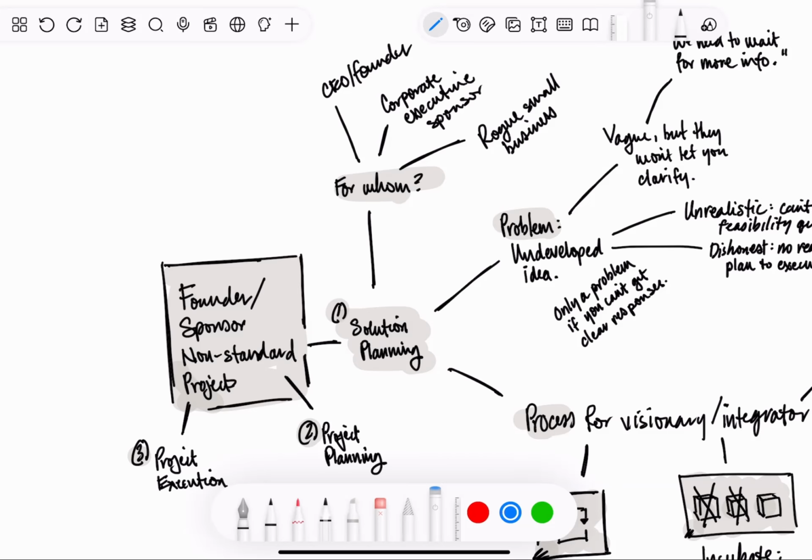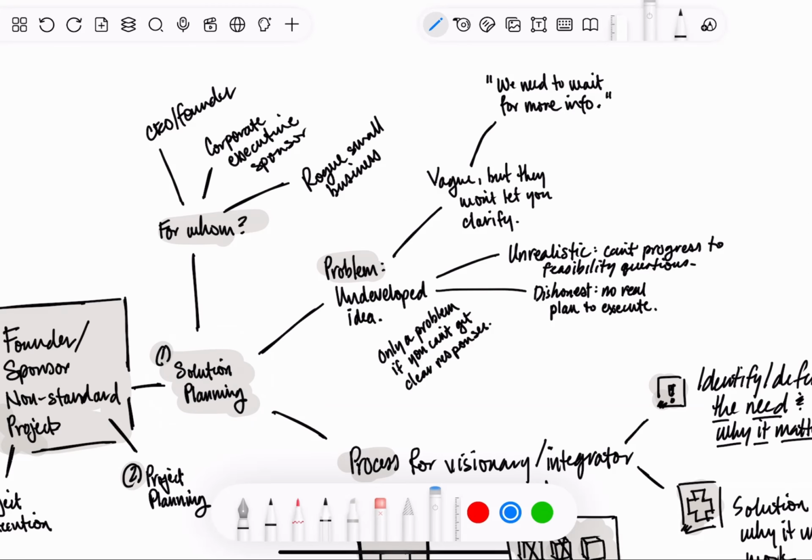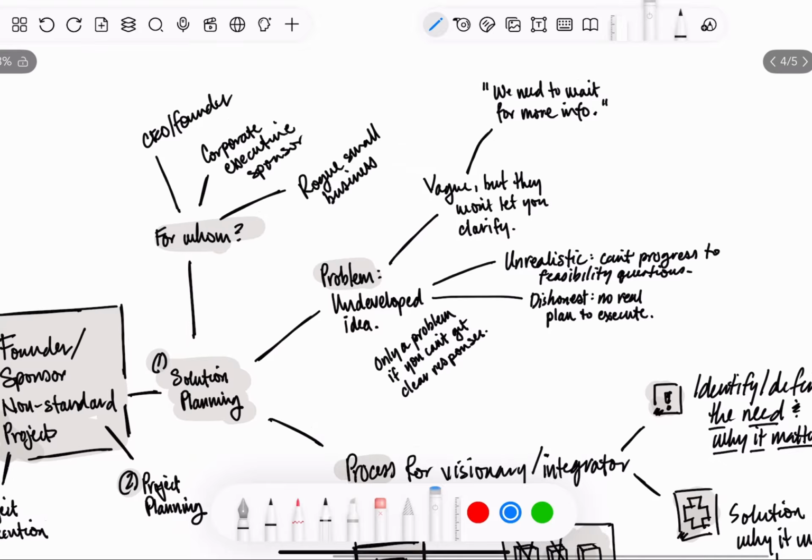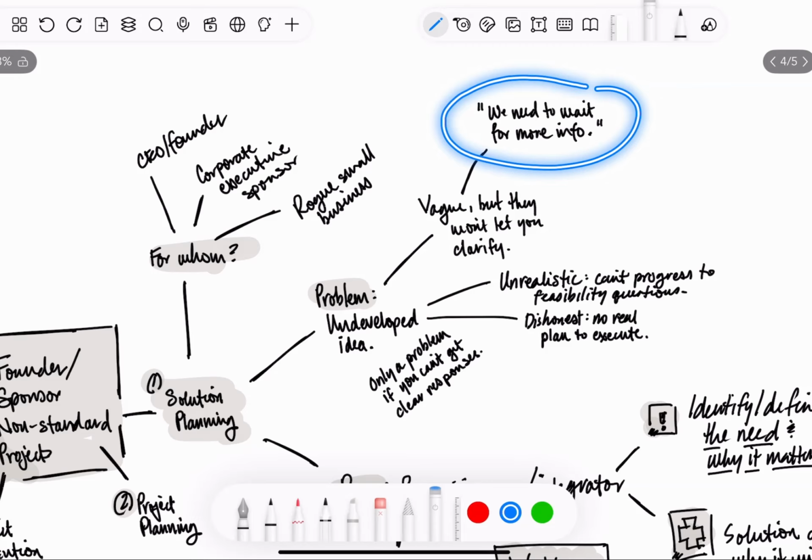But a lot of times the problem is an undeveloped or underdeveloped idea. What that means is it's either vague, something they won't tell you or can't clarify, or just can't get an answer to. Like, we need to wait for more info. We're not sure yet, and you end up waiting for things. And you don't really want to kick things off,